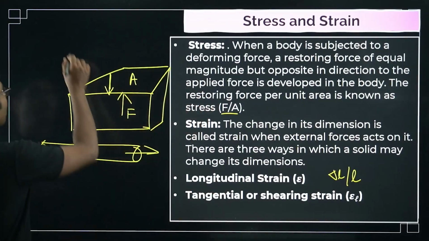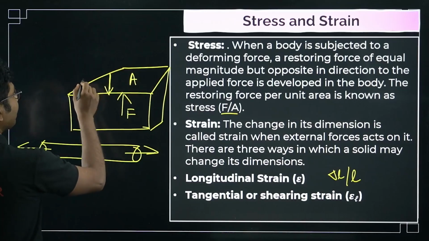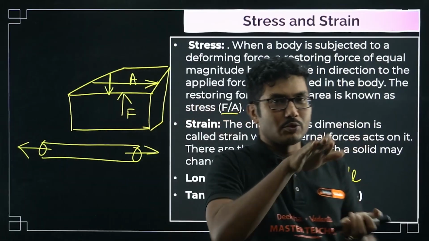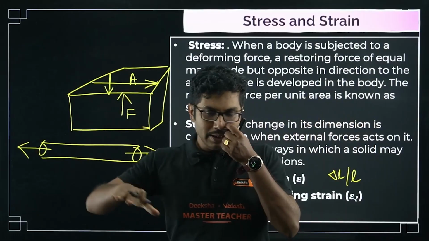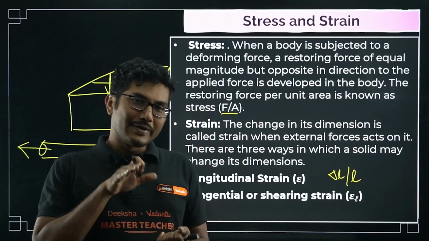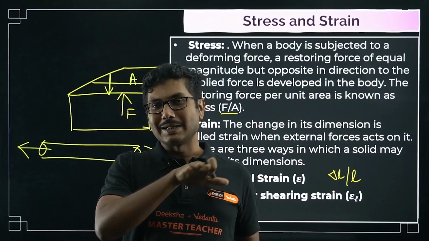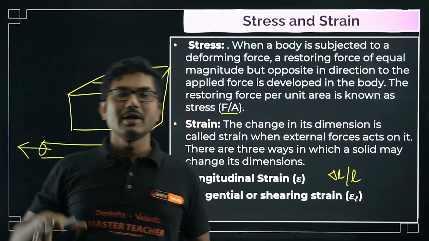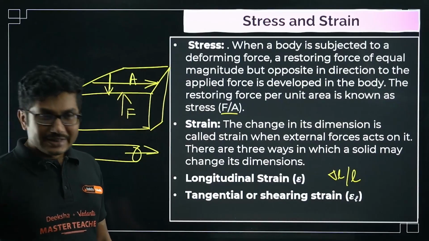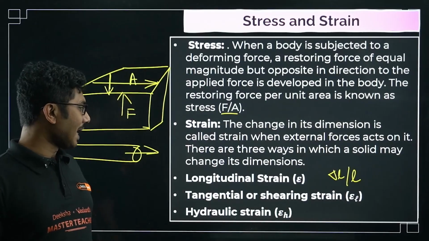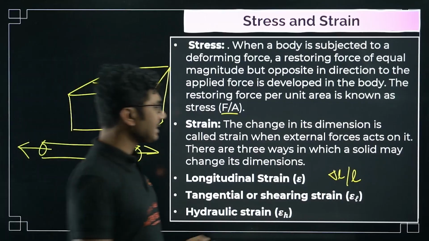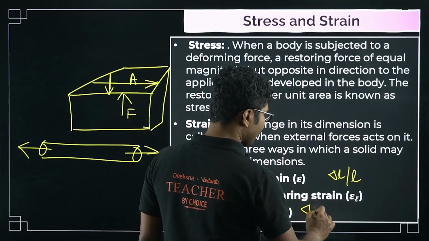If you have a book on your table and you try to apply some force along the surface of the book, on the side of the table, it will try to prevent it from expanding. That is called tangential or shearing strain. And last is hydraulic strain or bulk strain, which is basically when you apply some force